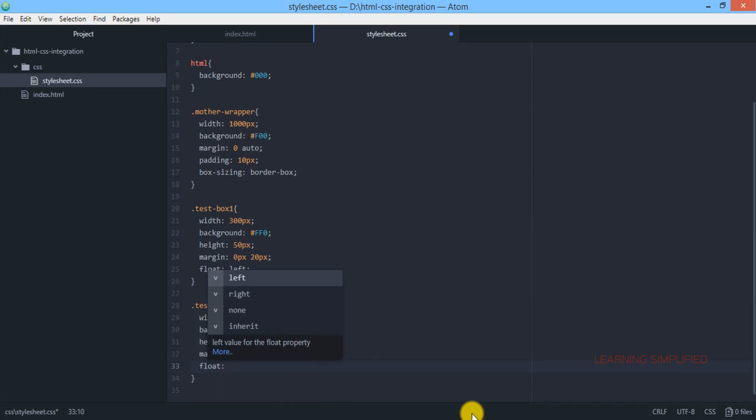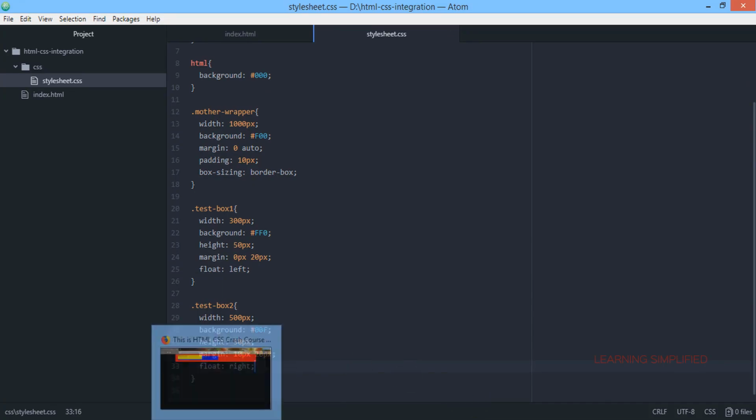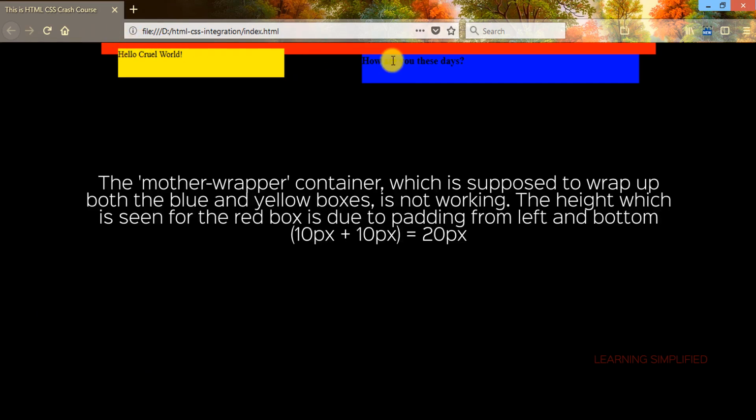We may use float right here. There won't be any problem. Both these divs will be oppositely located. So if we now reload, we can see that this is the result. So in this particular case, what is the problem? We may see that the height of this mother wrapper is getting shorter, it is decrementing to its previous value, and with the padding of 10 pixels from top and bottom, it is now showing just 20 pixels of height apparently. But there is a problem. They are not exactly lying within this particular container.